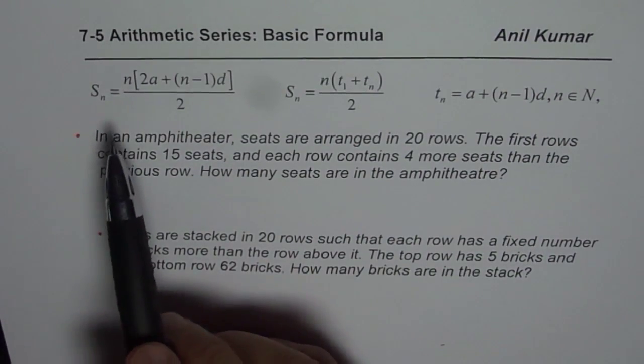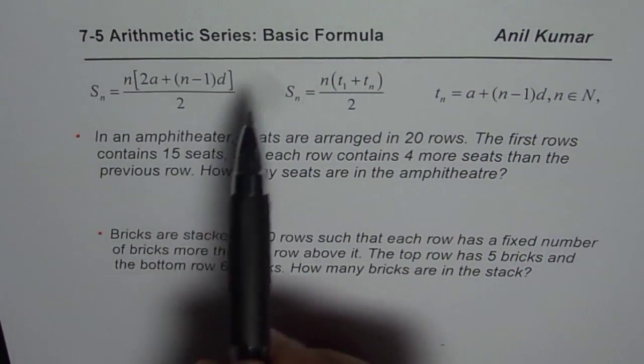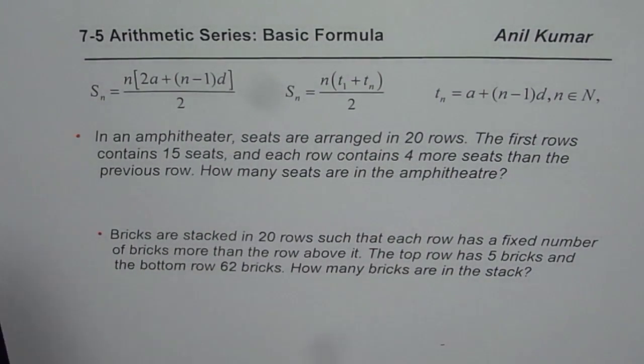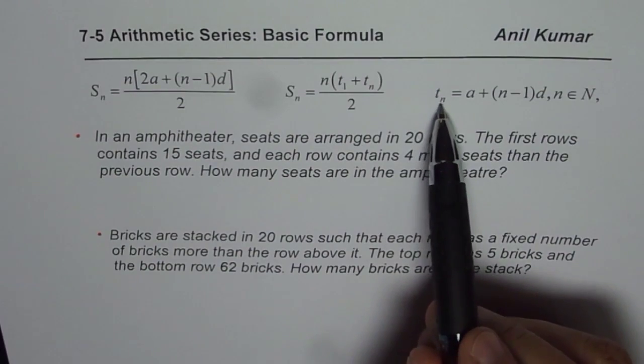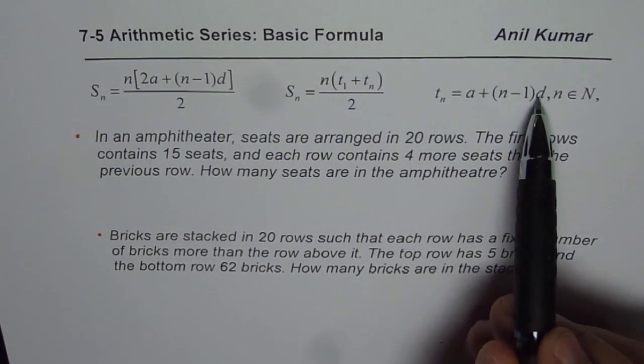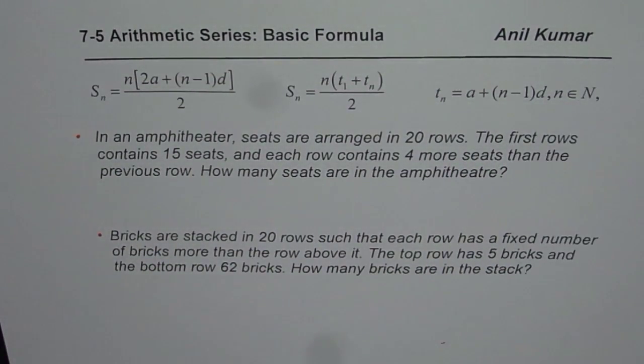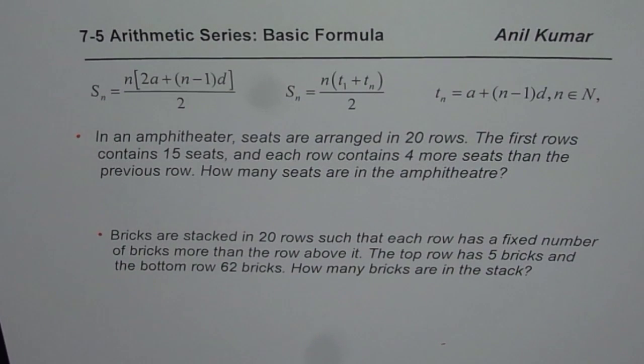We know that the sum of the first n terms of an arithmetic series can be found using one of these formulas, where the nth term can be written as Tn equals a plus (n minus 1) times d, where n is a natural number like 1, 2, 3, 4. Now we have two examples which will clearly show you when to use which formula. That's the whole idea, right? You should do the calculations and find the answers, but my objective here is to highlight when to use which